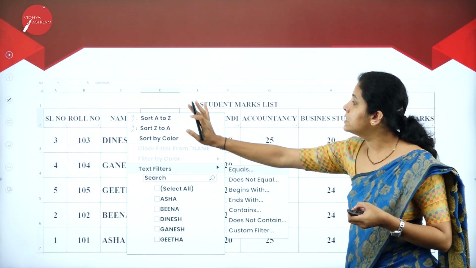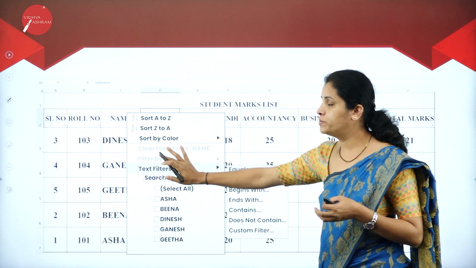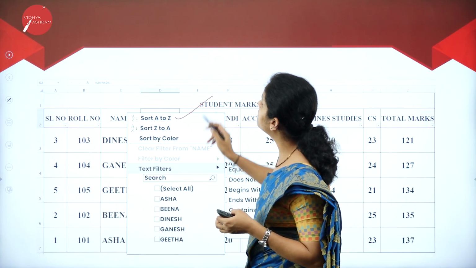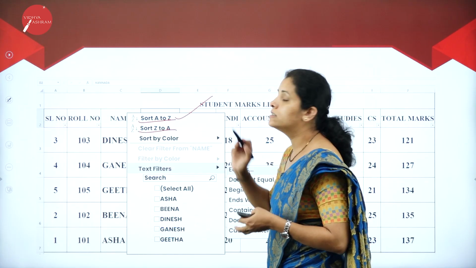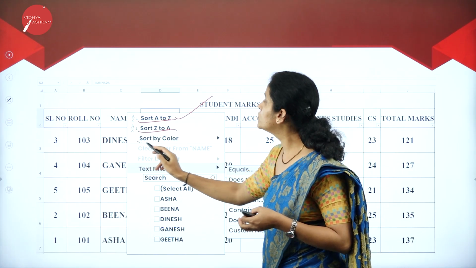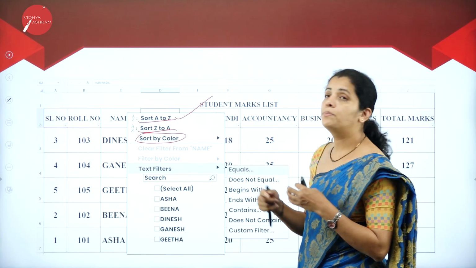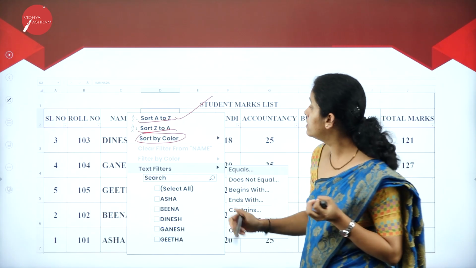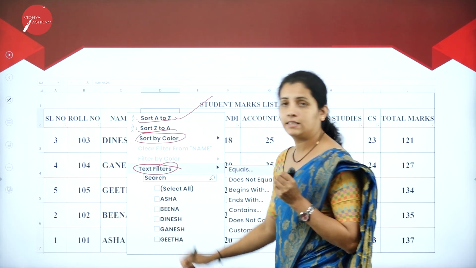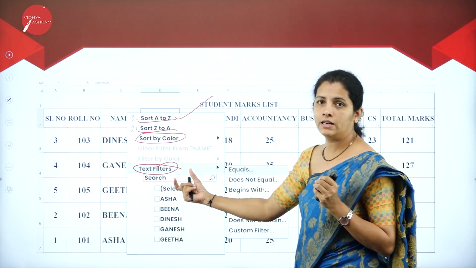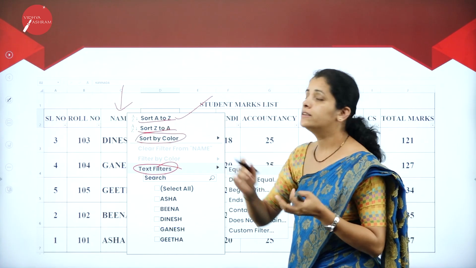Then this is the example for filter. Here I'm going to have the option that is at the beginning, the sorting option. It is ascending order and this is descending order, and I am able to sort the data based on their colors. Suppose I want to apply a filter, think that here I'm going to apply the filters for the text. That is text filters, and think that I'm going to apply the filter for the field called name.